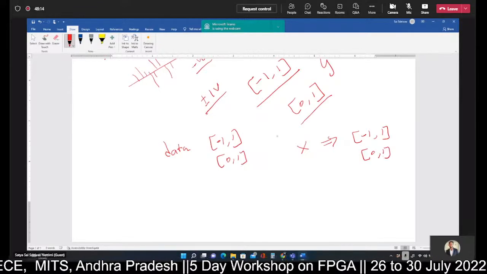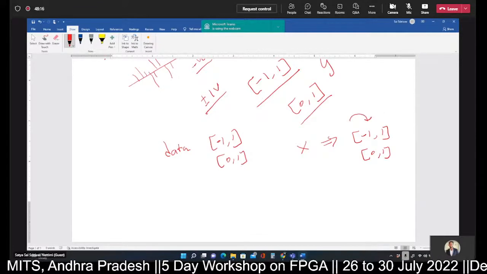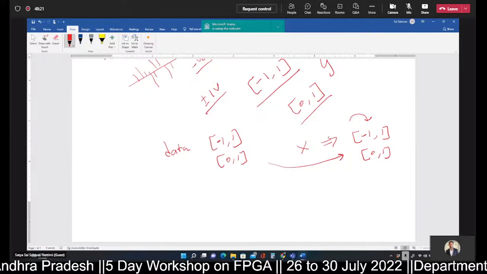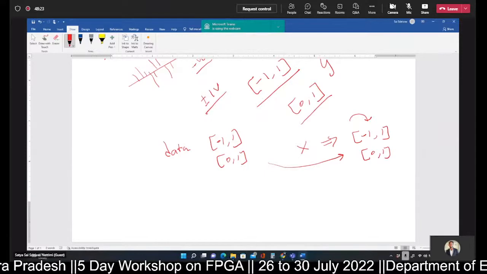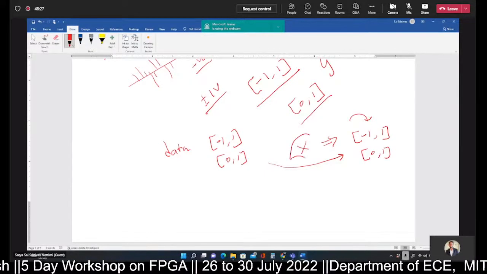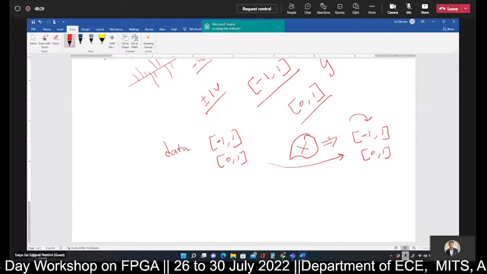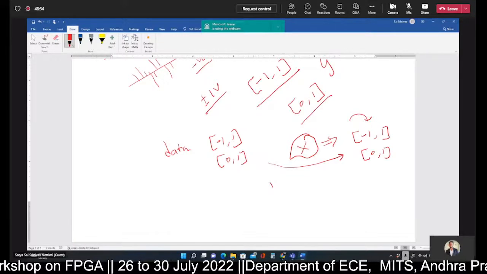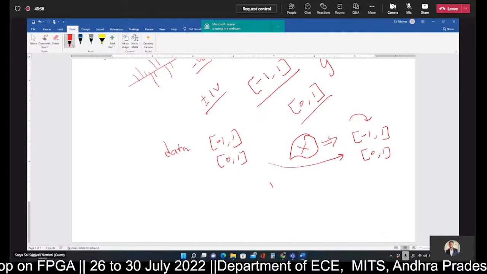If it is minus 1 to 1, the resultant also lies in minus 1 to plus 1 range. If it is 0 to 1, the resultant also lies in 0 to 1 range. So generally in terms of hardware, only multipliers will consume relatively high amount of area or else resources on FPGA